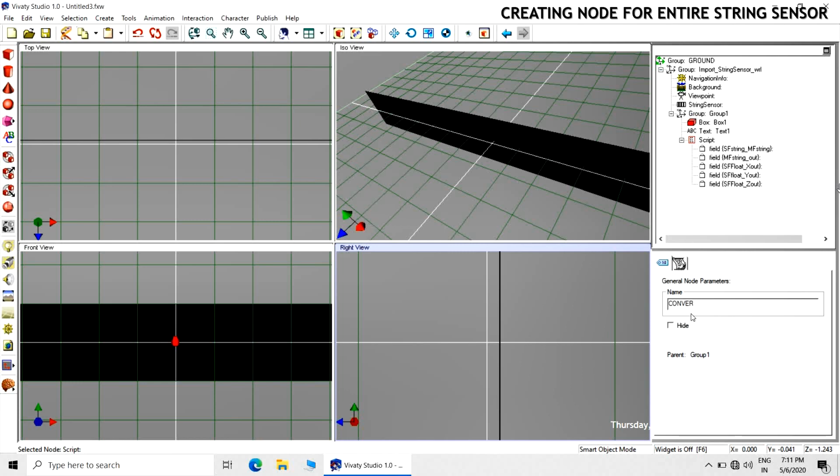Then we will call this script as converter script. This will be the converter script.